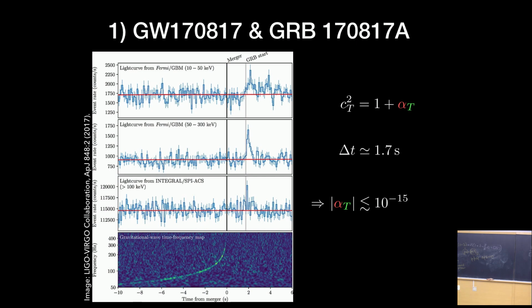If you want to be a bit more conservative, and make fewer assumptions about what's actually happening at the moment of merger, you can weaken it a little bit to about 10 to the minus 12, but it's still super, super constraining. So unless we got very unlucky, unless something else happens when we collect more events, this seems to be telling us that gravitational waves have to propagate at the speed of light. Therefore, we should strongly disfavor, or possibly even discount altogether, models that have a difference in those two speeds.